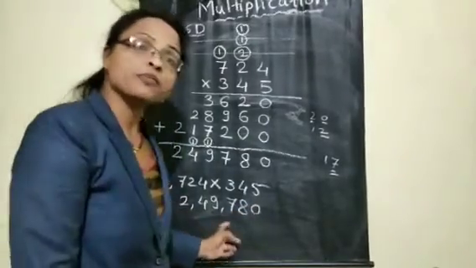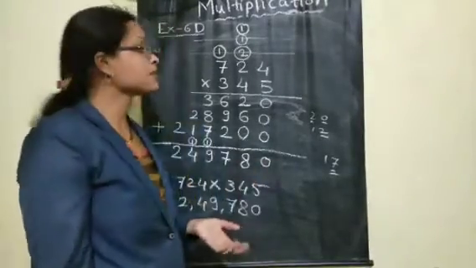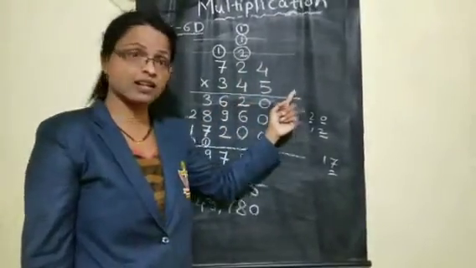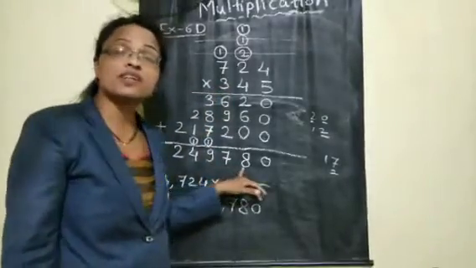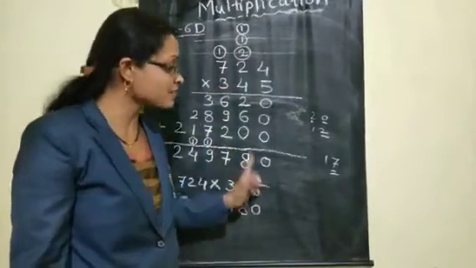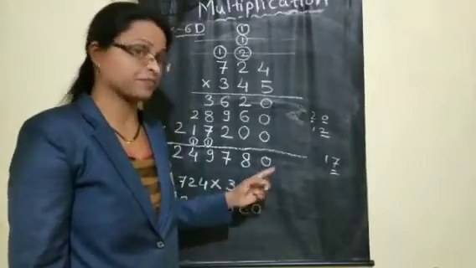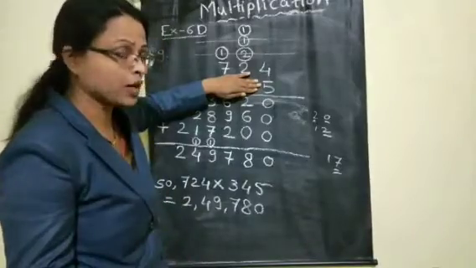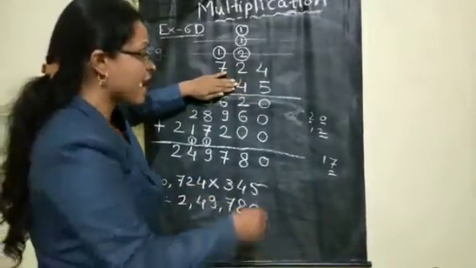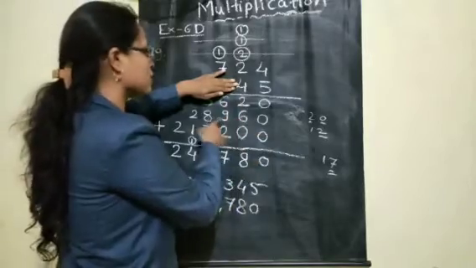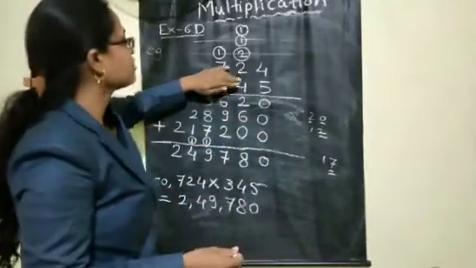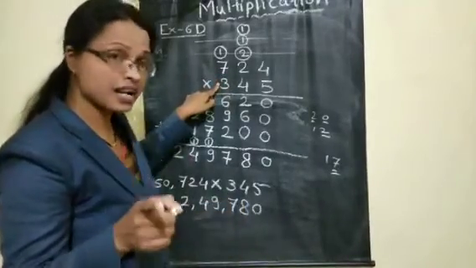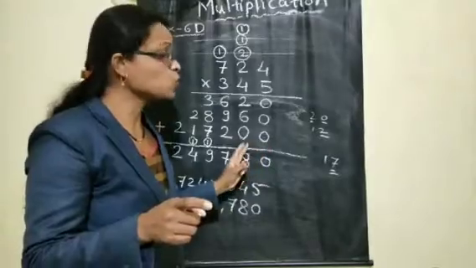2,49,780 is our product. Once again, let me tell you, this is your multiplicand, this is your multiplier, and after calculation, whatever result you are getting, this is called our product. Is that clear? Keep in your mind, our first step is, as it is, you people know now. For the second step, add 1 zero in the tens place and calculate again multiplication from ones to the remaining numbers. Then for the third step, when you are multiplying with the 100 place, you have to write 2 zeros here.